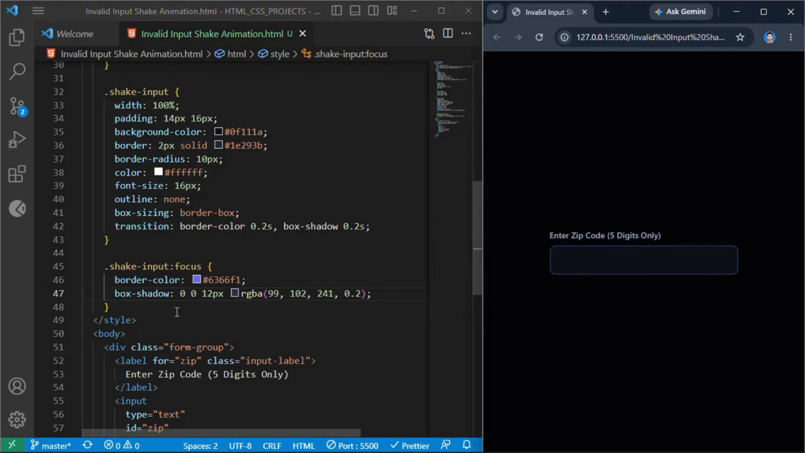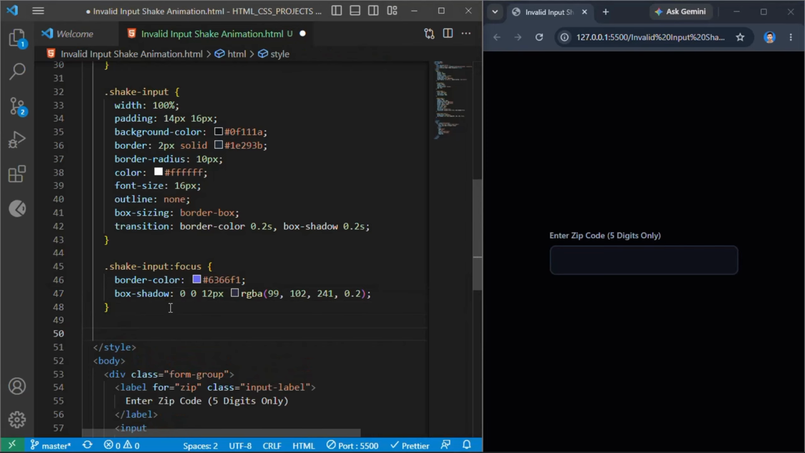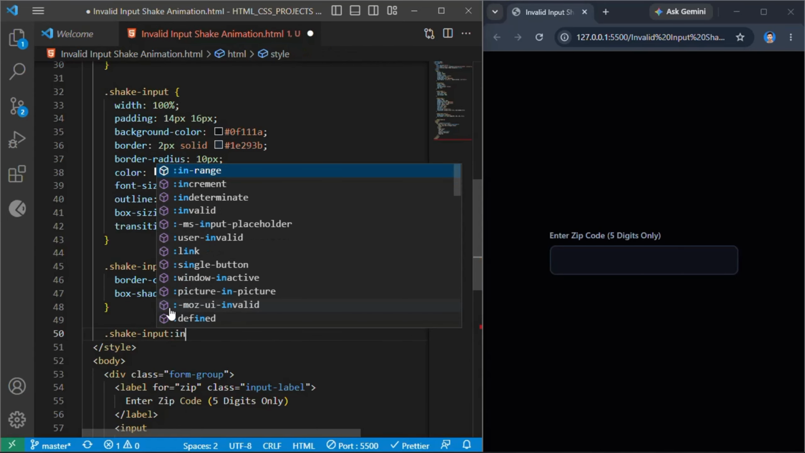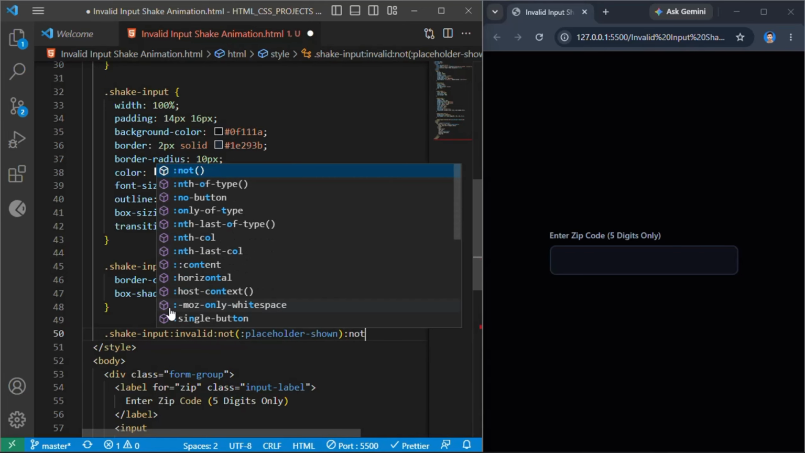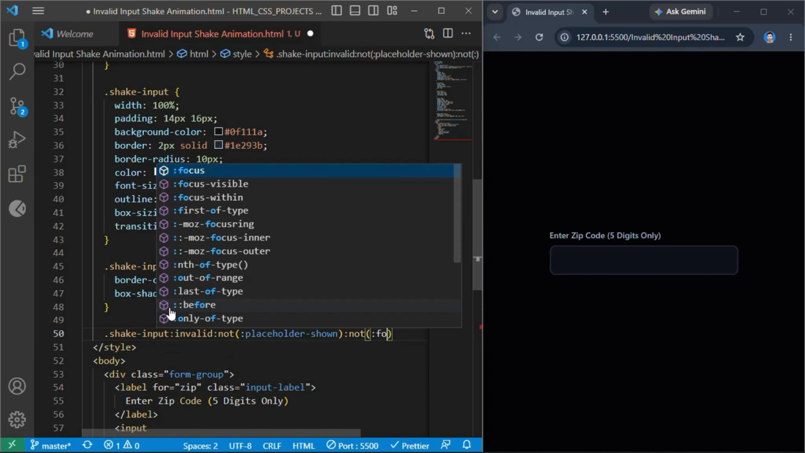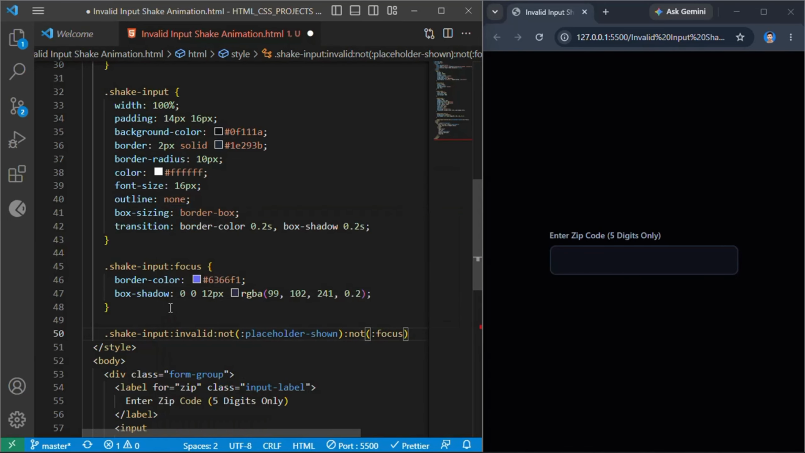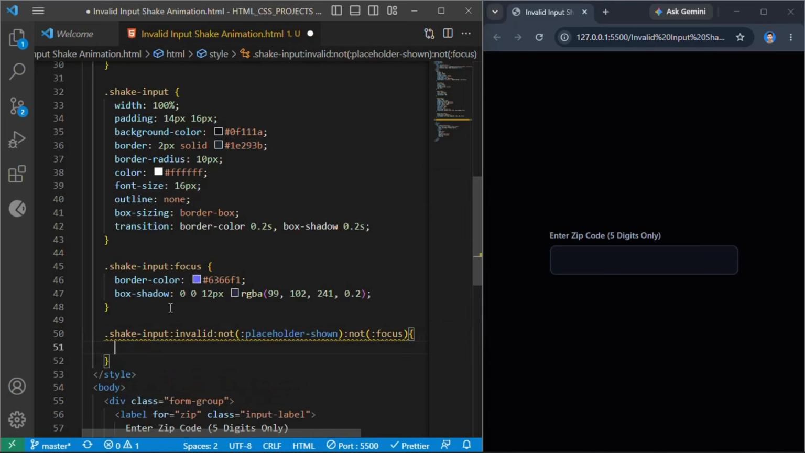Now for the ultimate pure CSS shake engine validation logic. We type out the advanced compound selector .shake-input:invalid:not(:placeholder-shown):not(:focus). This ingenious combo states, if the field rules are violated, but the placeholder is not visible, meaning the user has typed data, and the user is no longer actively focusing on the element,